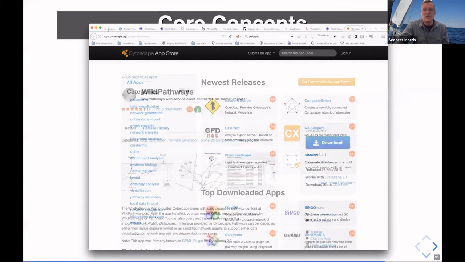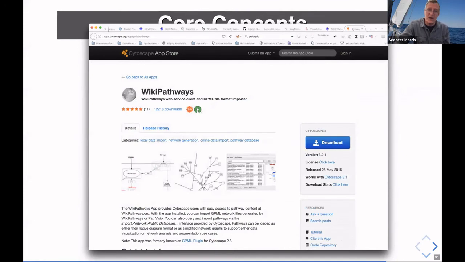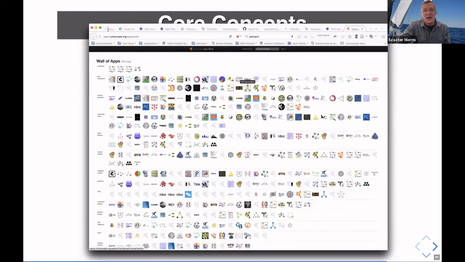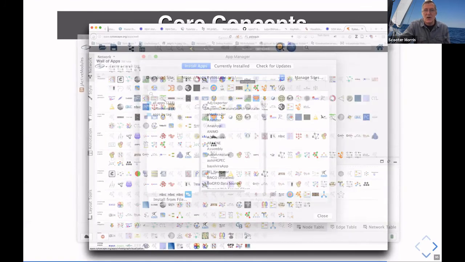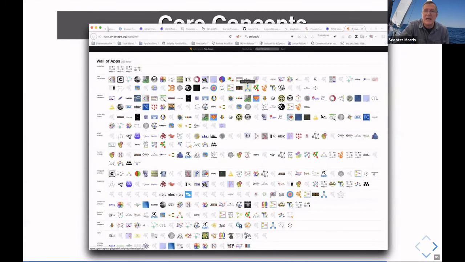And you can go there and you can find apps that are of interest to you, such as the Wiki Pathways app. And you can download that app. Or if you have Cytoscape running, you should be able to directly load that app into Cytoscape. There are currently over 300 apps. It continues to grow, and new apps are showing up all the time. It's slowing down, I would say, but there's still a great interest in